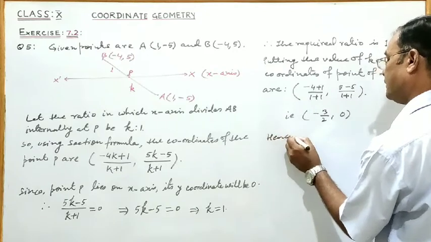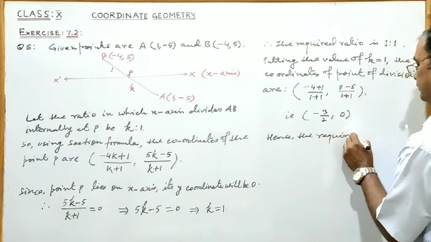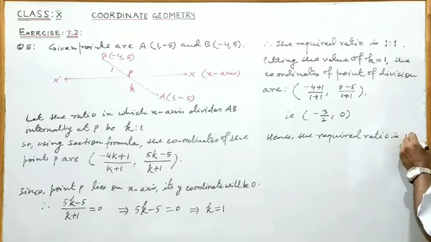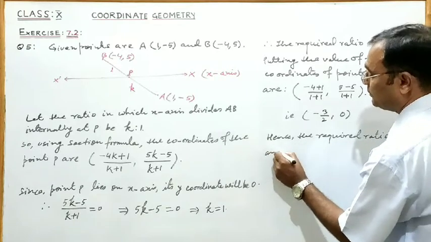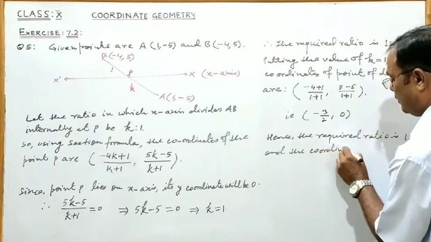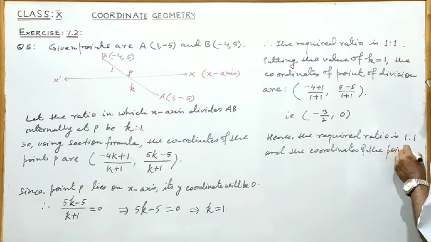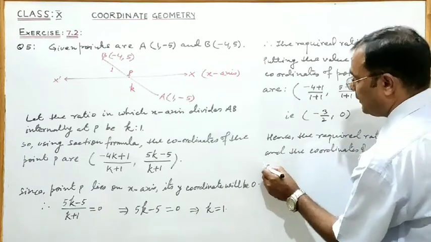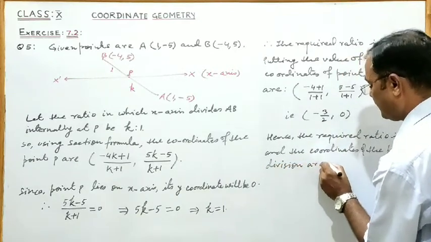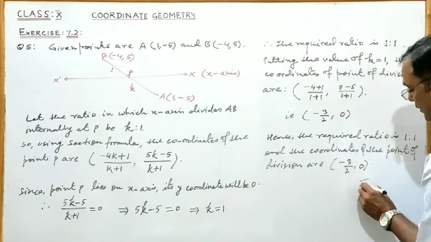Hence the required ratio is 1 is to 1, and the coordinates of the point of division are (-3 by 2, 0), and this